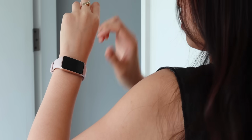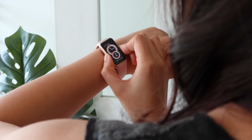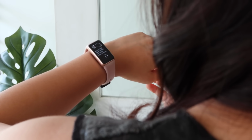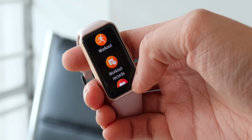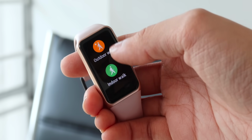As for features, the Huawei Band 6 packs a 6-axis IMU sensor, an optical heart rate sensor, and an SpO2 sensor to monitor your blood oxygen level all day. It also comes with the usual smartwatch key features such as 96 sports modes, automatic workout recognition, sleep monitoring, stress